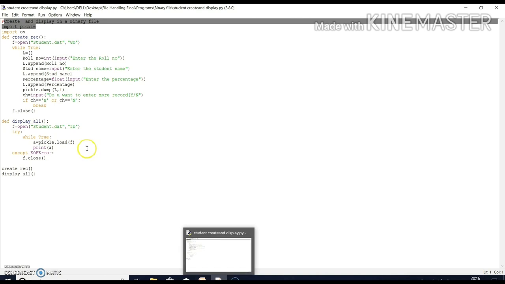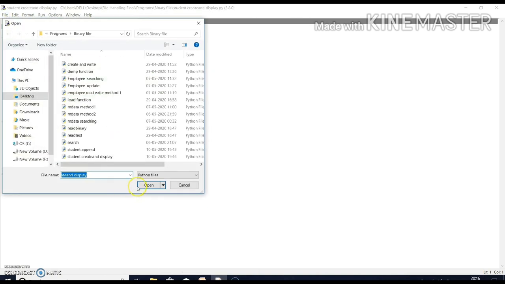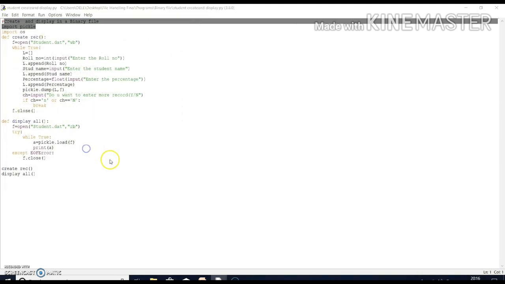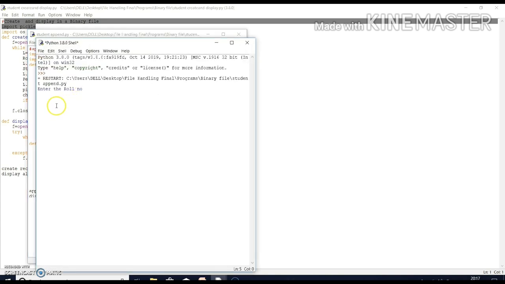Again I am opening that file in append mode. This is the program to append records. The same program I have written in the Python IDLE. I run this program. Now you want to add the records.